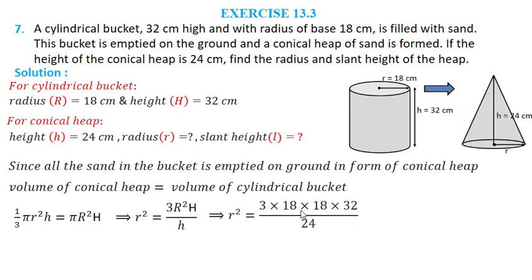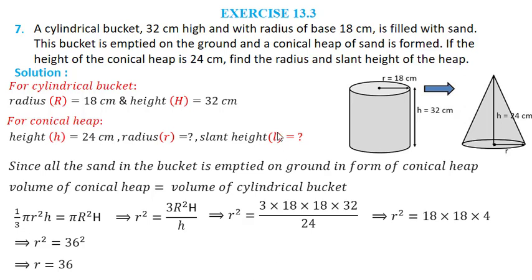We put their respective values. So 3 into 18 into 18 into 32 divided by 24. Now this 24, 3 8s are 24 and 8 4s are 32. So I get r square as 18 into 18 into 4. Now I have to find r. So see this 18 into 18, you can write this as 9 into 2, this 9 into 2 into 4. So ultimately you get 9 square into 4 square. So I will say that r square is equal to 9 into 4, 36, the whole square. That gives me the value of r as 36.